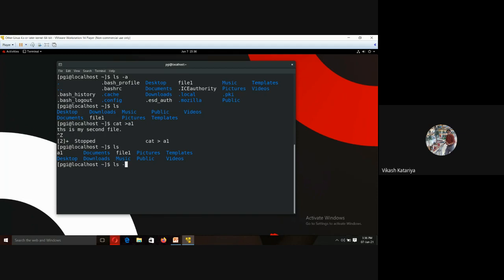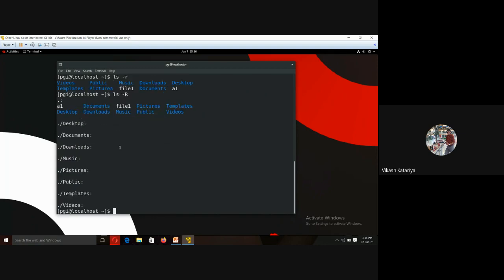ls -r. So capital R indicates ascending order, starting from A, and a small r will show descending order. So our file will show at the last.